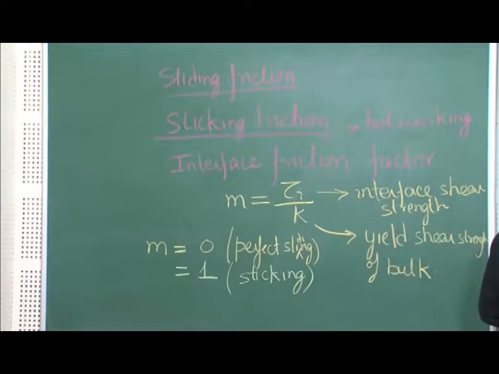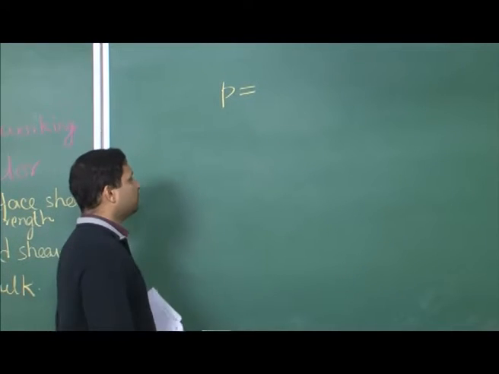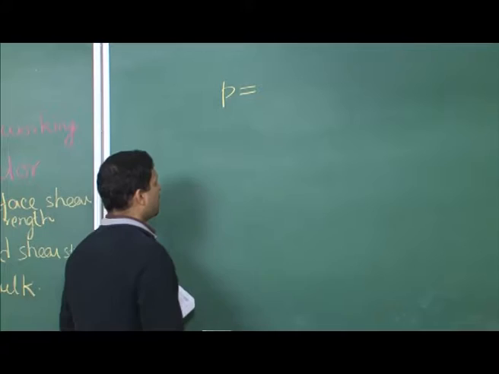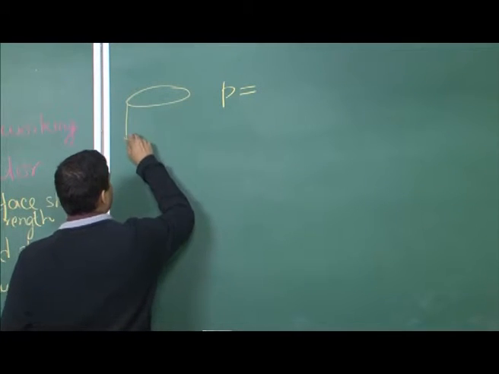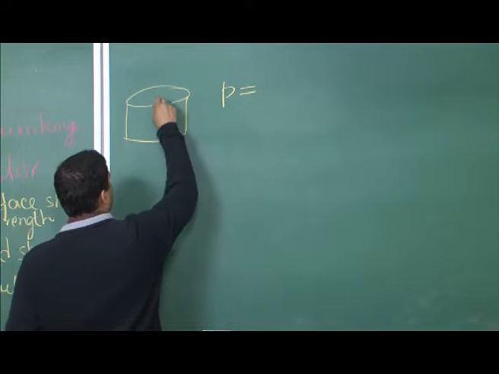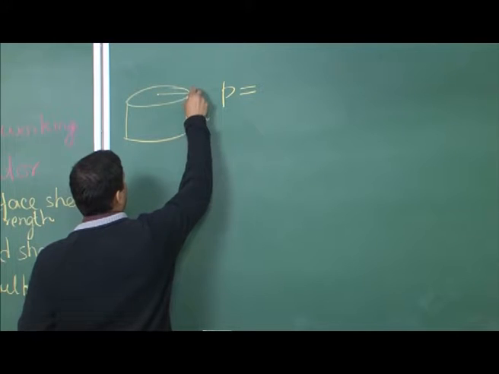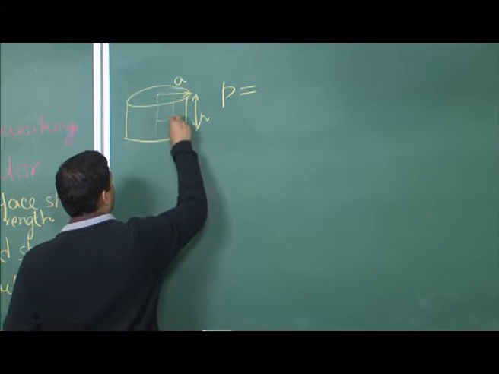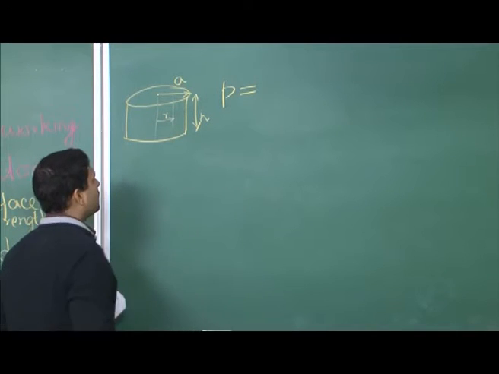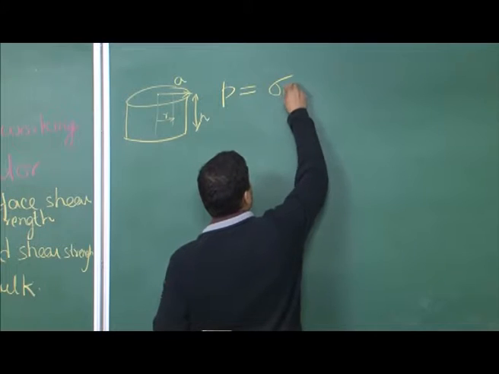And if you do a similar analysis to what we talked about, we did not describe it, but a similar analysis to describe the pressure variation across a disk of height h and radius a. So, let us say we are talking about some radius r inside this, then this pressure is given by sigma naught